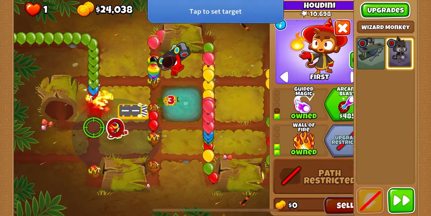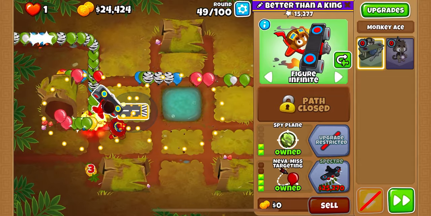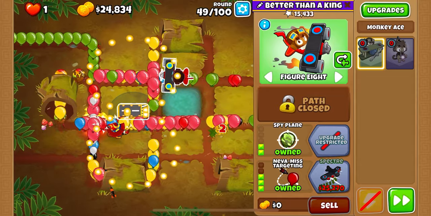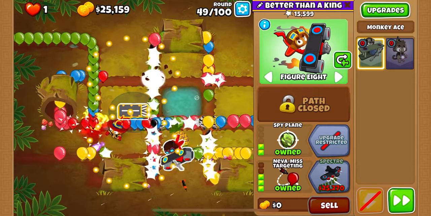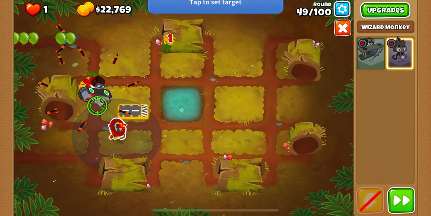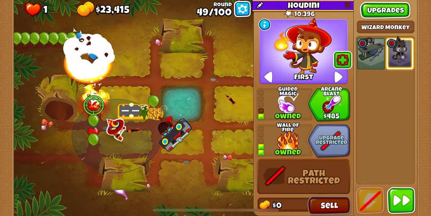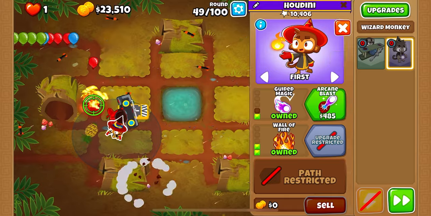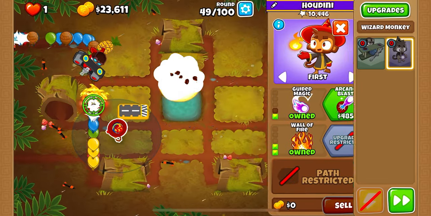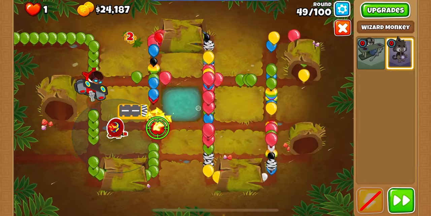I don't know if this is a good idea to leave the wall of fire where it is. Let's try figure infinite here, back to figure 8 as quickly as we can, and we still lose there. So I think it's all about the wall of fire. The ace micro is not really important relative to the wall of fire, so let's set it there. That was a little late,